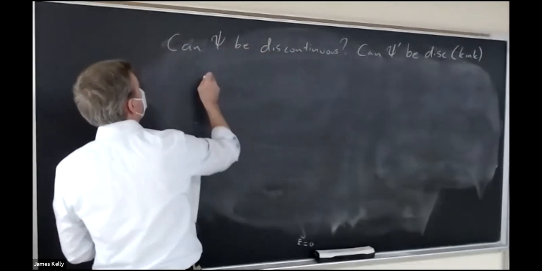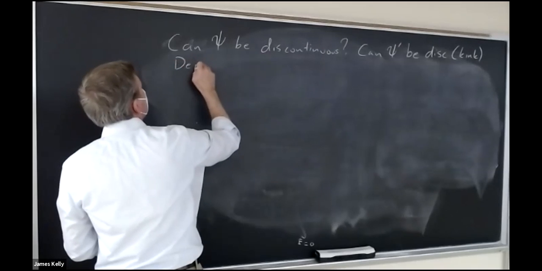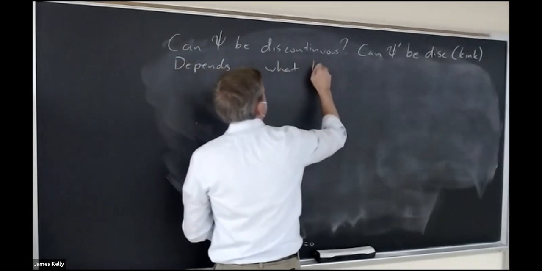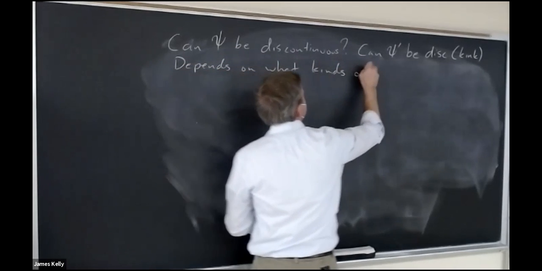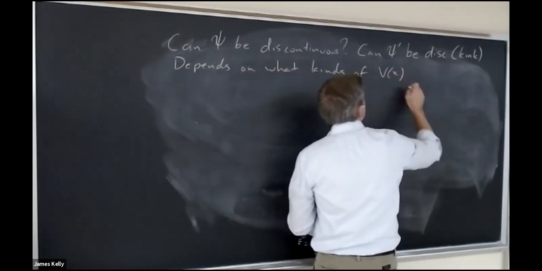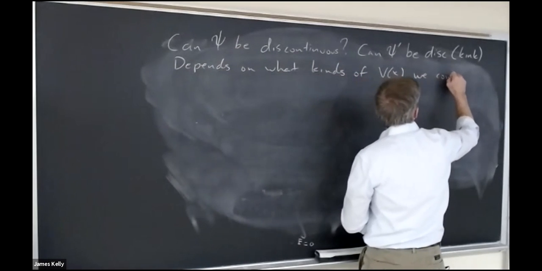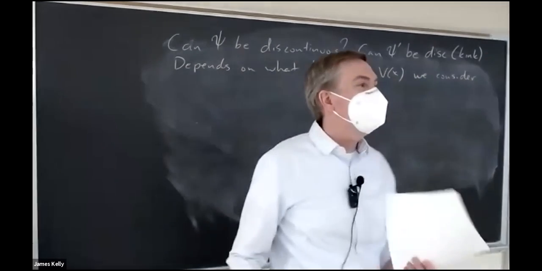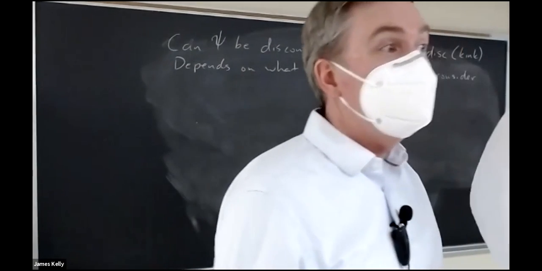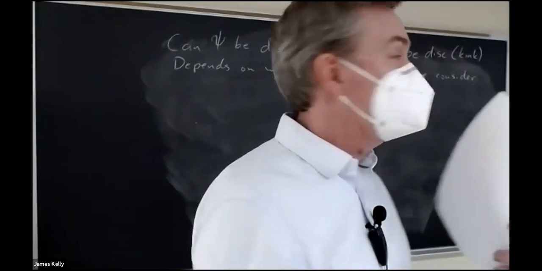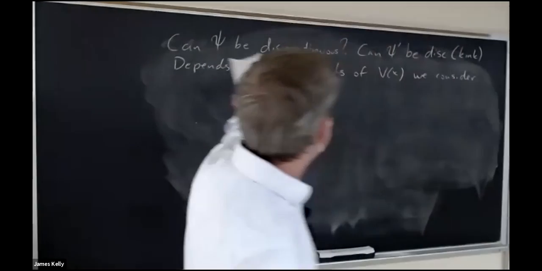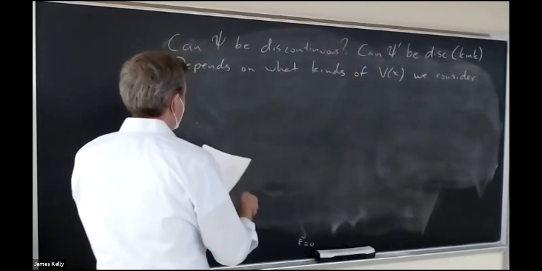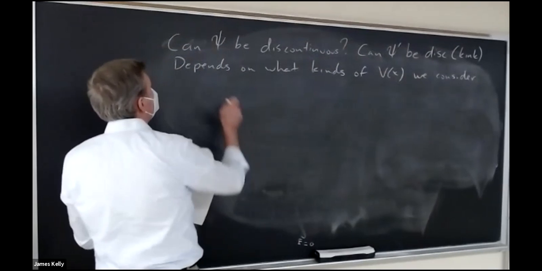Okay, so the answer to this question depends on what kinds of functions V of x we consider. And so we're going to limit ourselves to basically 4 varieties. And then we're going to see what has to be true of psi for all 4 of those varieties. Can it have kinks in it? Can it actually be discontinuous? Let's see. Okay, so our cases are going to be